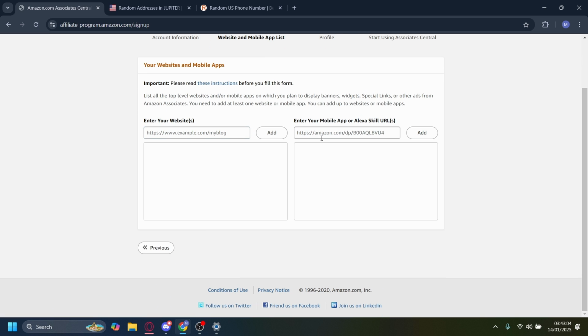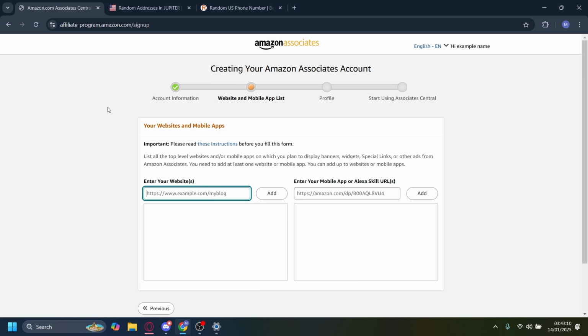Now, I don't have a website where I can enter this in. It'll have to go through a verification process as well. So this is as far as I can go with the tutorial. But after this, after the website and mobile apps, you'll have to enter in your profile and then you can